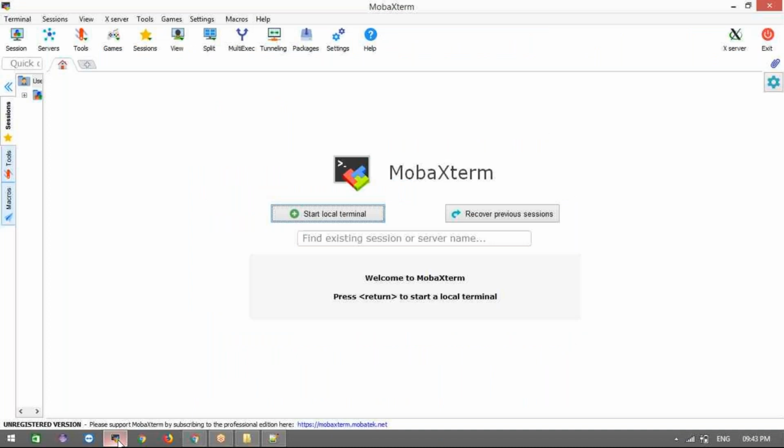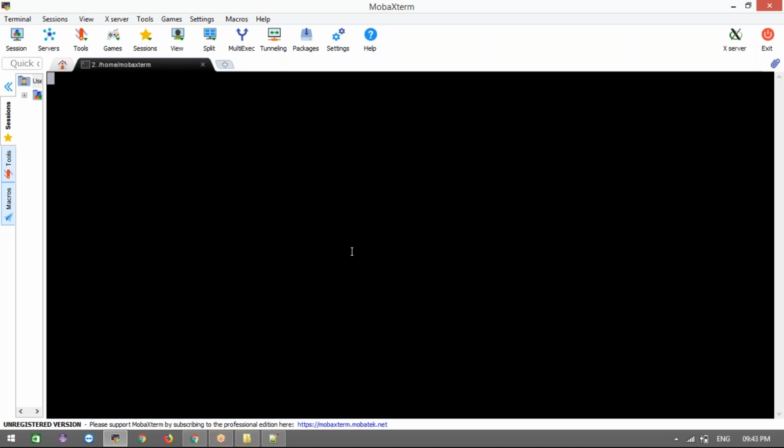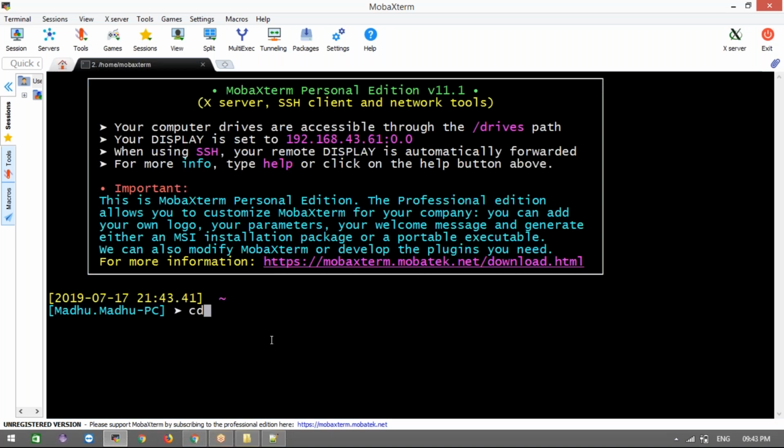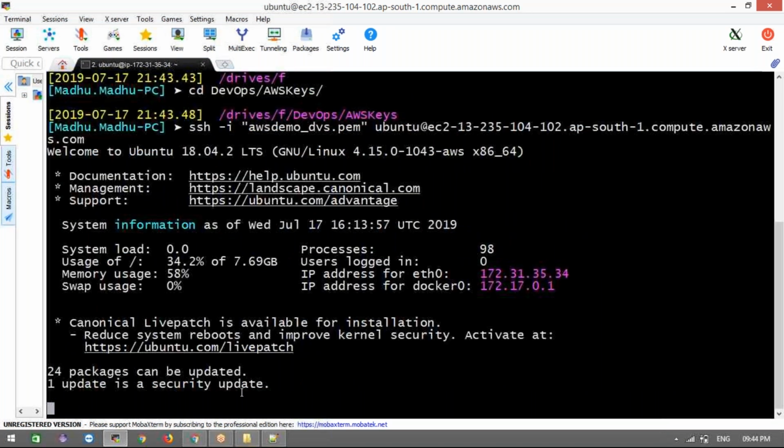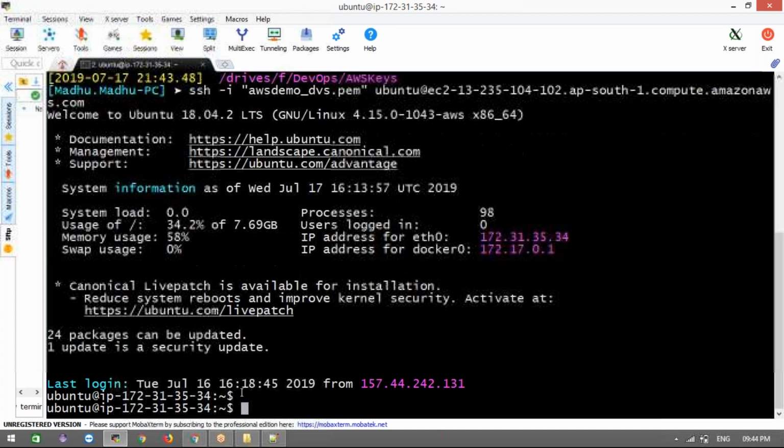Go to the path where I have the pem file. In this path I have my pem file. Why did I go to this path? Because my pem file is stored under this AWS keys path. If you're not going to that path, we need to give the absolute path of that location. Now I am in this Ubuntu machine. Let me clear the screen.